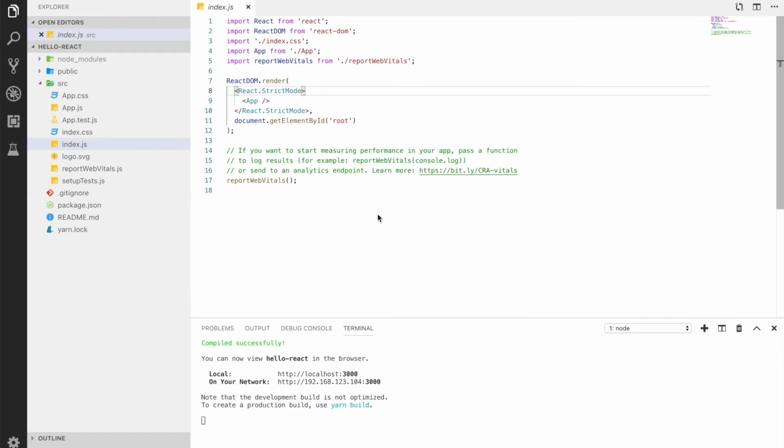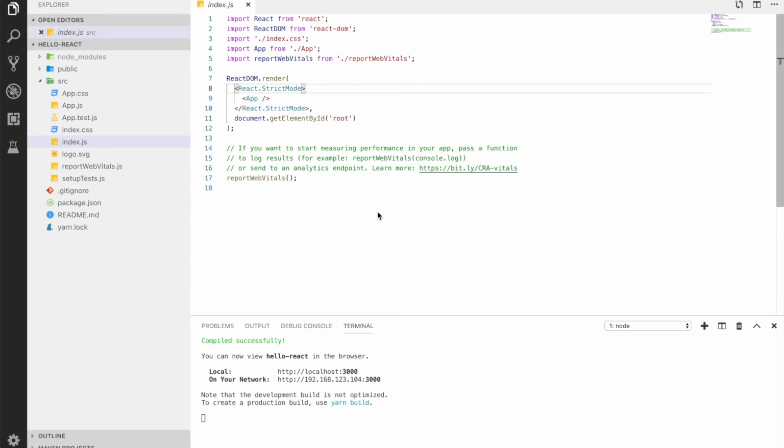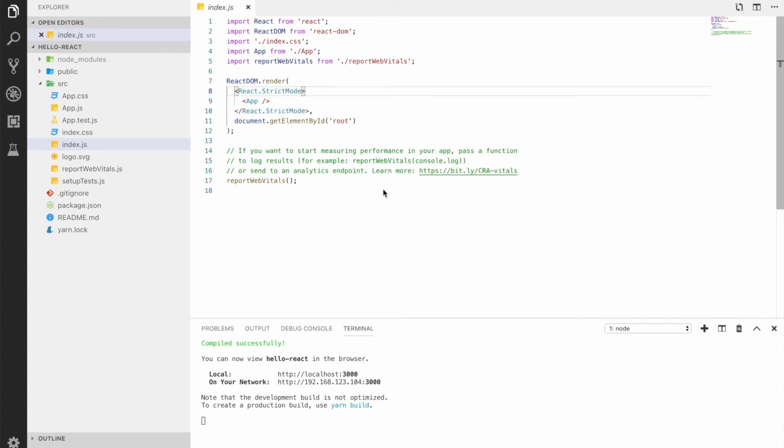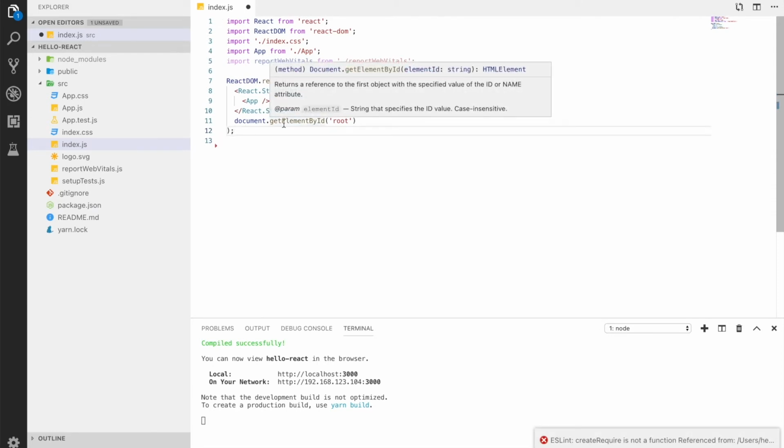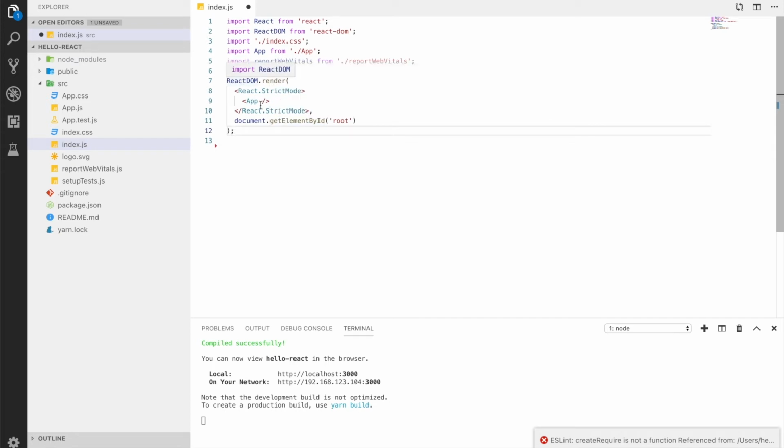The ReactDOM.render method has a function here, so it is very simple to make createElement here. And let's look at the difference with the code made with JSX for a moment. Now I will erase some unnecessary code here. We will explain the index.js file again as we create the component later. And the meaning of what this root is when document.getElementById is done, we will explain in detail as we create the component.